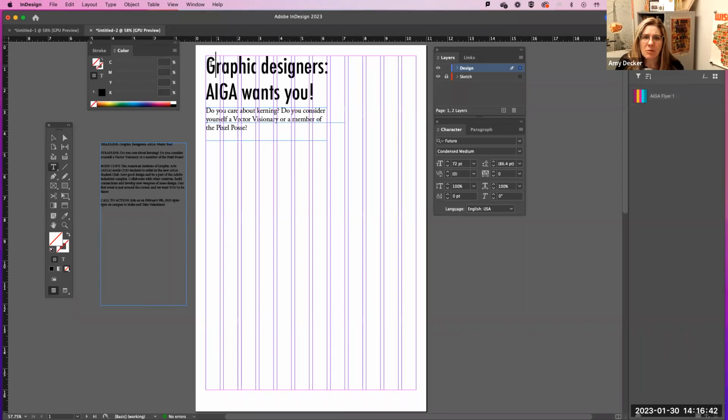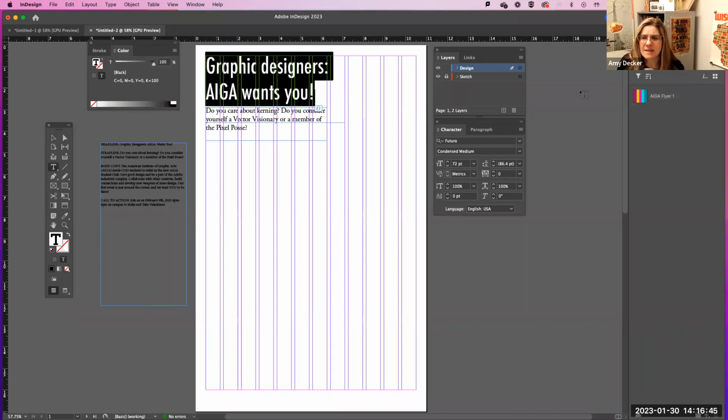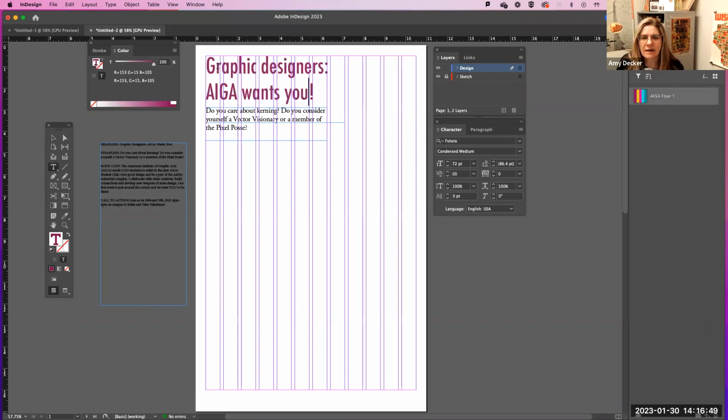So now when I'm working, after I get all my type and all my stuff in, I can click over here and click right on the color and it will turn my type the color I wanted from my palette. Do this, so on and so forth. Okay. So that's how you can bring in a color palette